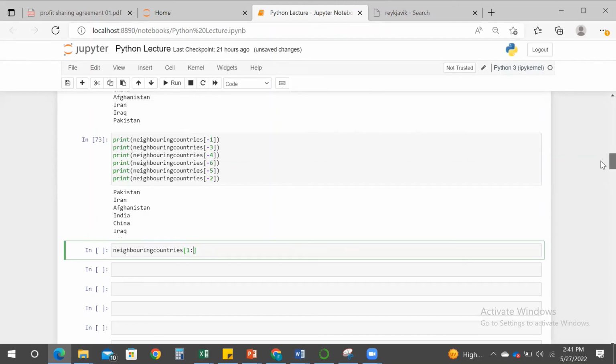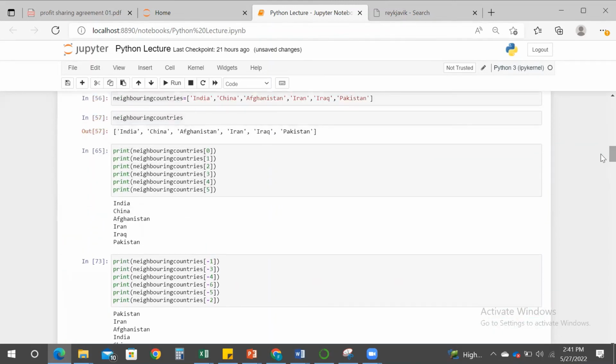And if we want to generate the names from China to Iran, so in the stop position, we will have to specify the index number of Iraq because the index number of the stop element will not be included in the list. So if we want Iran in the list, then we'll have to use the index number of Iraq